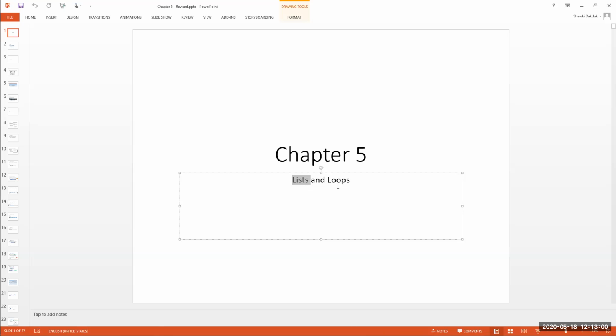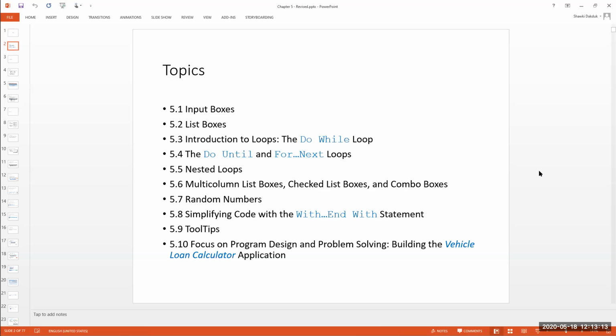Whenever you're generating a huge amount of output, you're not going to be able to display it in a text box. Instead, you're going to use a list to display these. So let's talk about lists. First, we're going to talk about input boxes. This is another way to allow you to enter data. It provides a quick way to enter data. Then we're going to talk about list boxes. That's what we're going to talk about today, input box and list box. We'll start with loops on